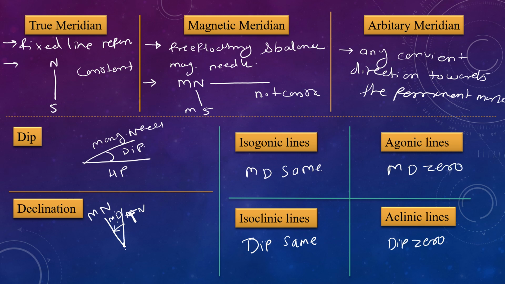So this is all about the true meridian, magnetic meridian, arbitrary meridian, and dip, declination, isogonic, isoclinic, agonic, and aclinic lines. Then next is,